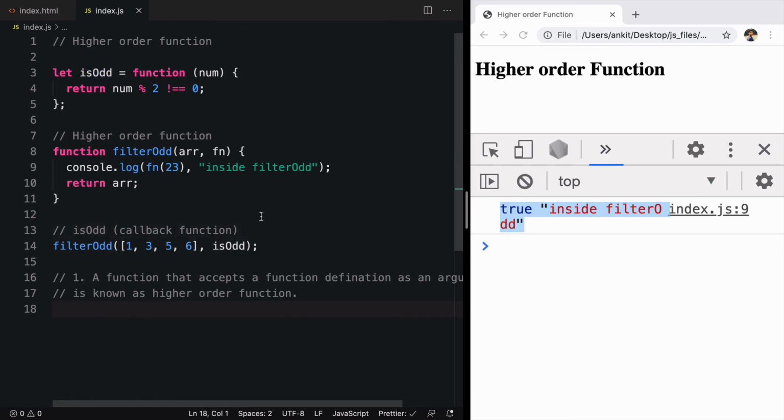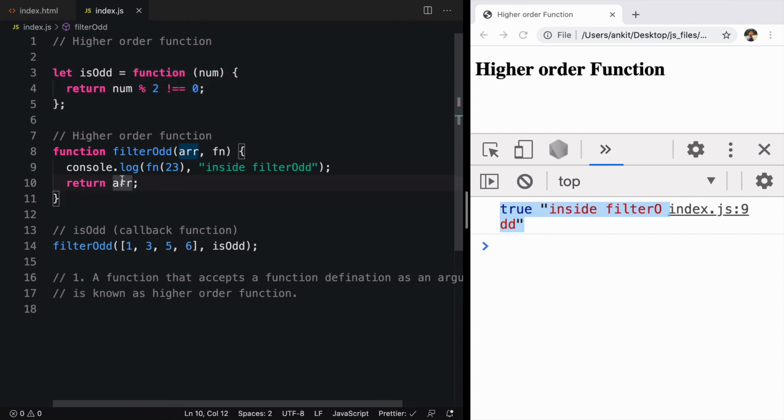Now let's move to the second rule. Let's see what things we can return from a function. As we know, we can only return an expression from a function. So can we return a function from a function? Because a function is an object is an expression.